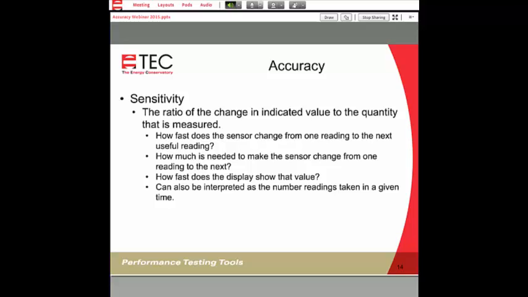So we're trying to, in some cases, slow down the sensitivity. We want to reduce the sensitivity because no one would be able to ever understand a gauge when it's fluctuating 10 times a second. You just never see what that true value is. So we're purposely changing some of the sensitivity so that you can actually get a usable reading.